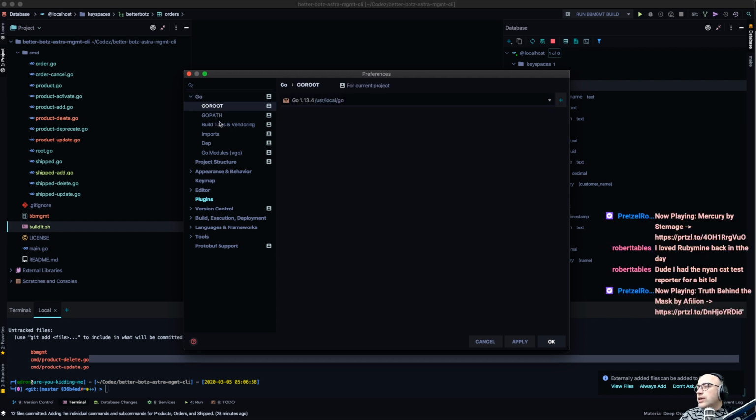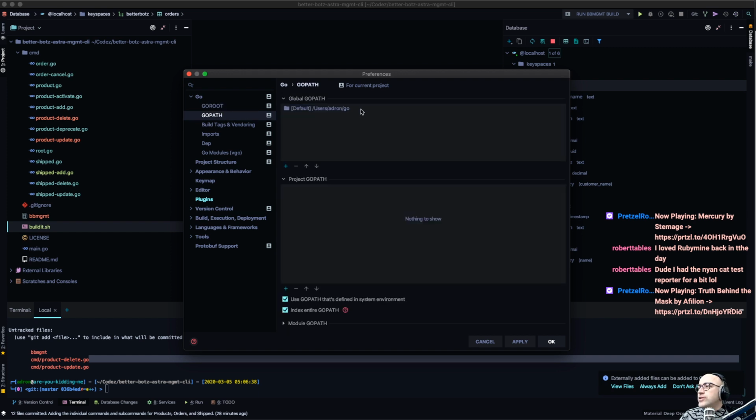Then your root, like if you set a Go root, it would show it here and give you the path options around it. This lets you set a global Go path and project level ones, which I don't have set. I don't actually have this global one set. It's specific to the IDE. One of the beautiful things about the IDEs, this one, Python, others, is it will basically set you up a virtual environment for every one of your development environments, which